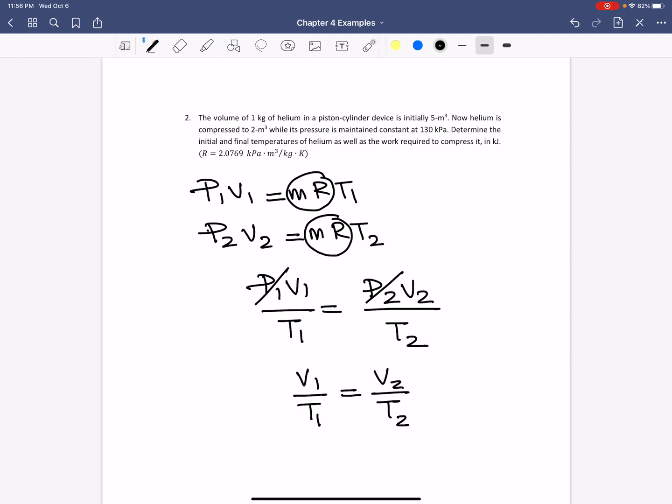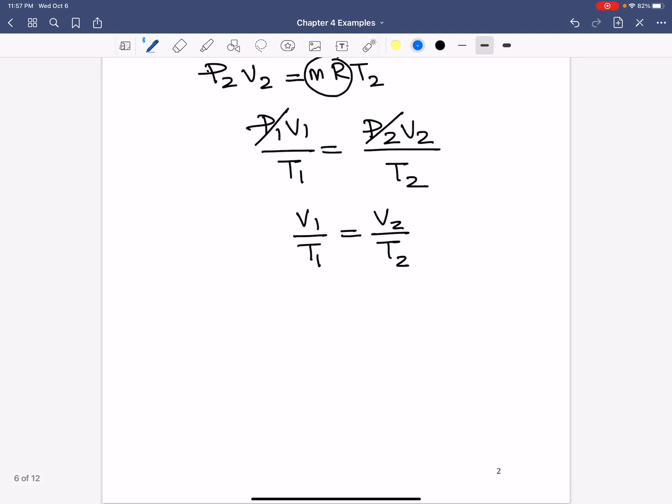Okay, so first of all, how can we figure out one of the temperatures? Maybe we can use one of the ideal gas equations to figure it out. For example, let's take a look at the first state. We know the pressure, we know the volume, we know the mass, and R is given. Yes, so from that equation, you can figure out what T1 is. Okay, let's do that. So basically, T1 is equal to P1V1 over MR,